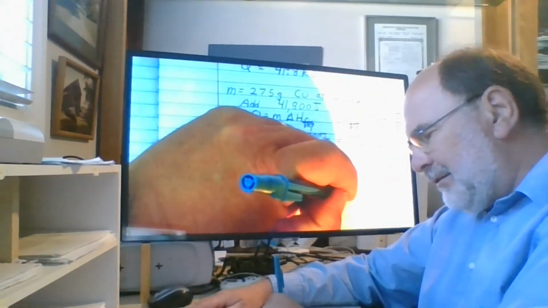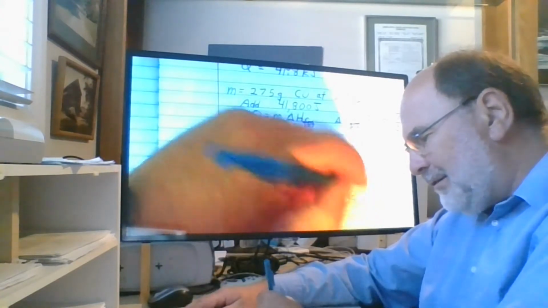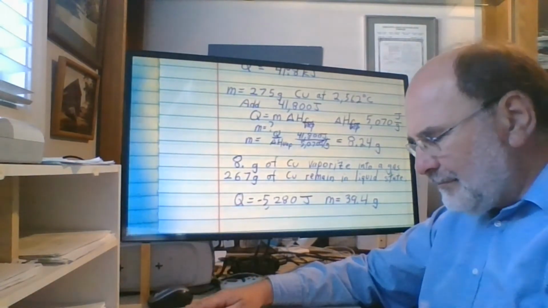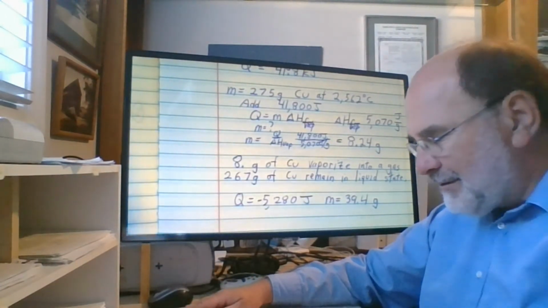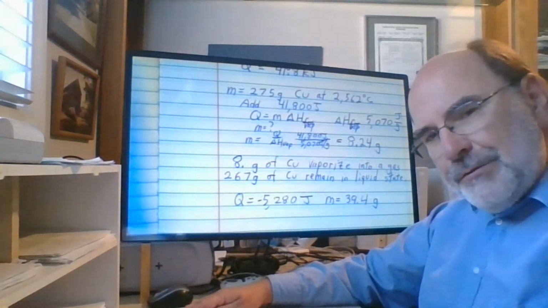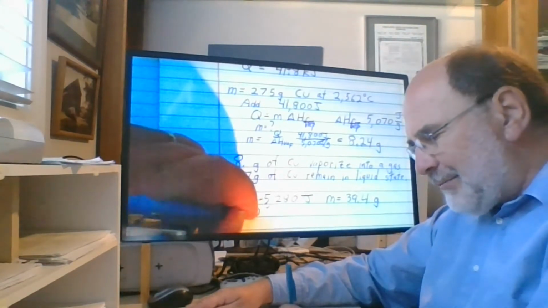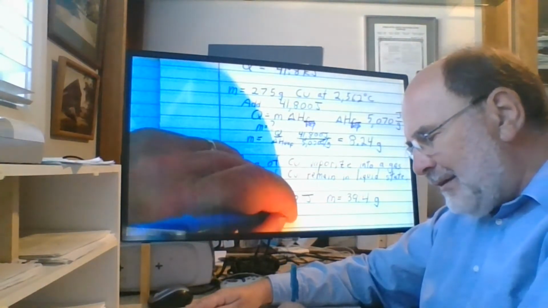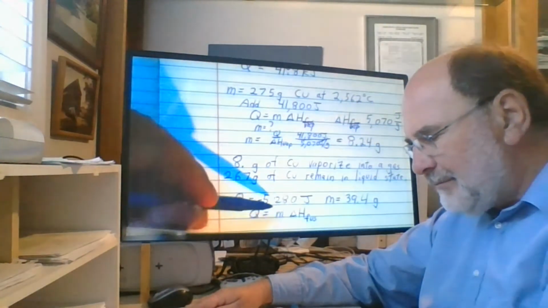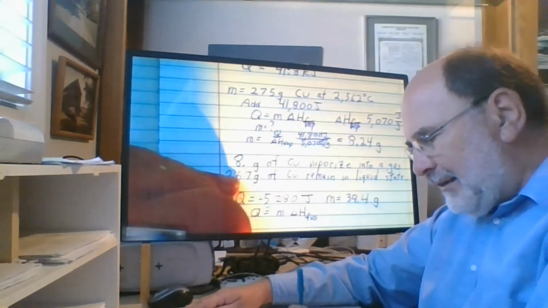let's see, 39.4 grams. I was trying to think of how many inches are in a meter, something like that. Okay, so there's my two randomly generated numbers, and the only unknown is from the equation Q is equal to M delta H of fusion, heat of fusion. So I'm solving for the heat of fusion this time, and I end up with,